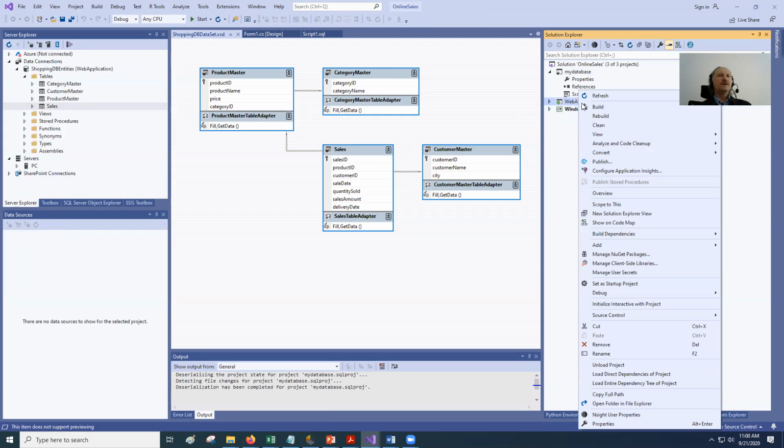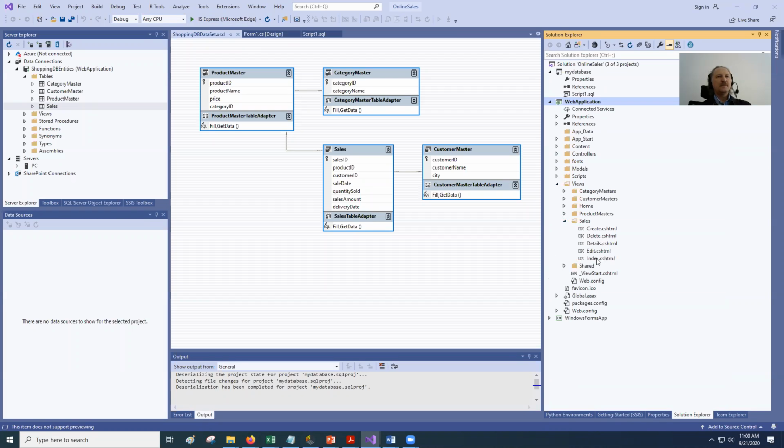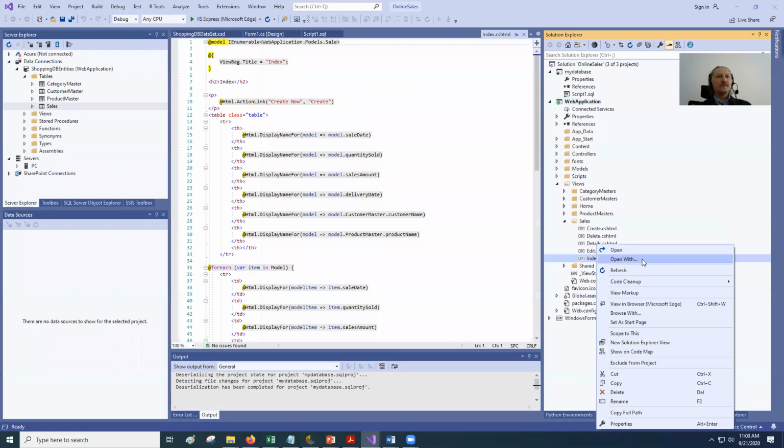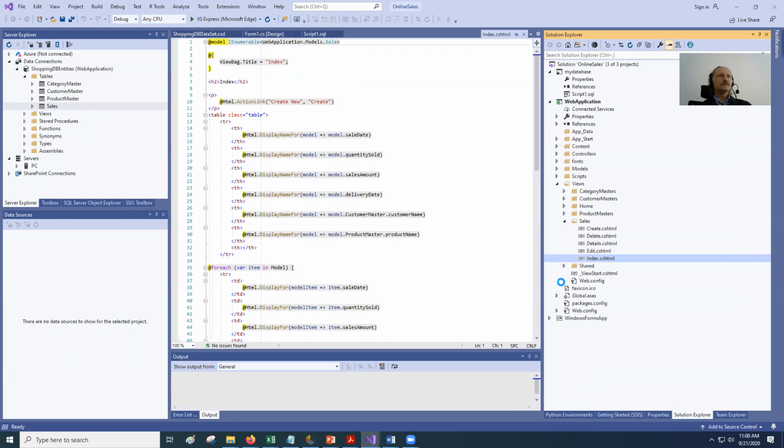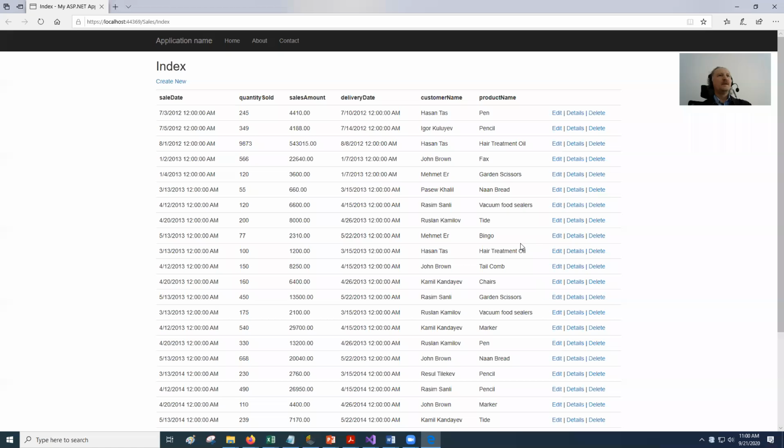If you remember, we have 3 projects in that one. Set as startup and run. Before running it, let's choose this place: Views, sales, index. This is our